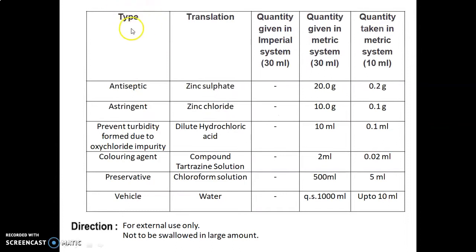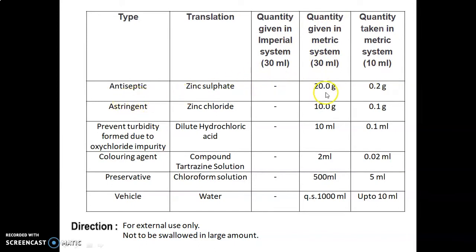Let's discuss the formulation table. Here, type is the use or role of the ingredient. Translation means the name of the ingredient, then the quantity given in the imperial system for 30 ml, the quantity given in the metric system for 30 ml, and the quantity taken in the metric system for 10 ml. As the quantity is already given directly in the metric system, we start with zinc sulfate, used as an antiseptic,